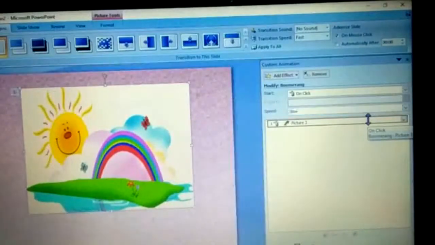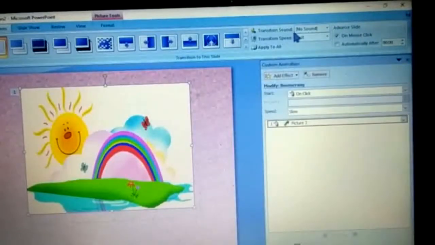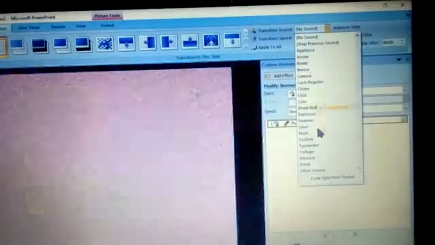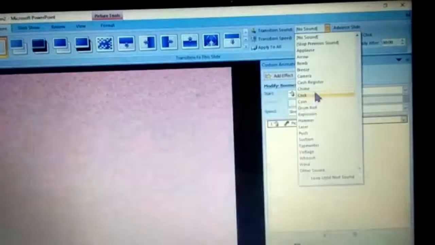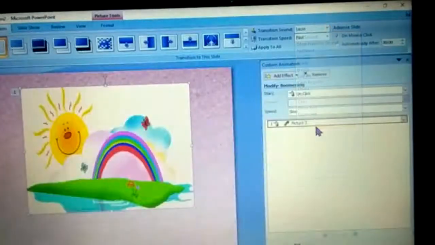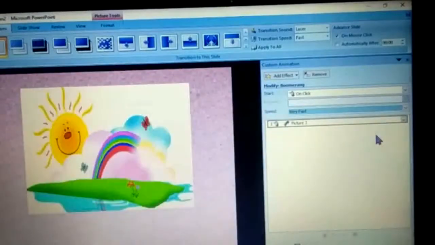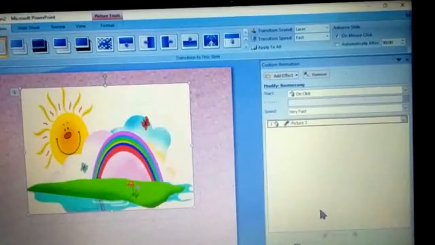So you can add effect, you can control the speed, and you can add sound also to it. See here on this ribbon, transition sound is there. If you click on this, there are further sounds, and there is boomerang click. If I say okay, it should come with laser, but it is very slow and laser is very fast, so we need to make it very fast. So this is how it will play.